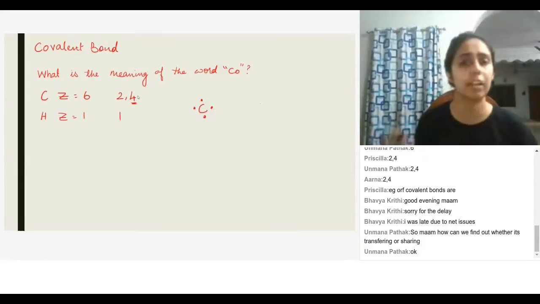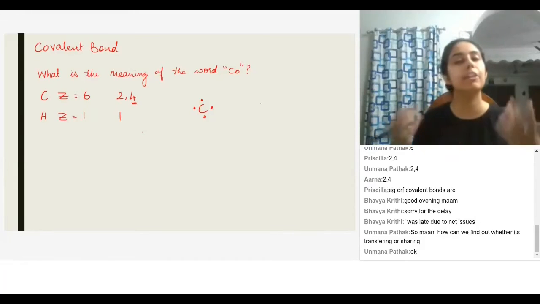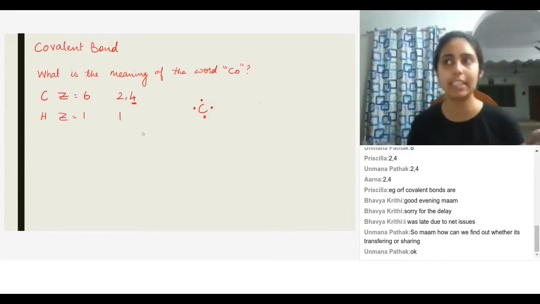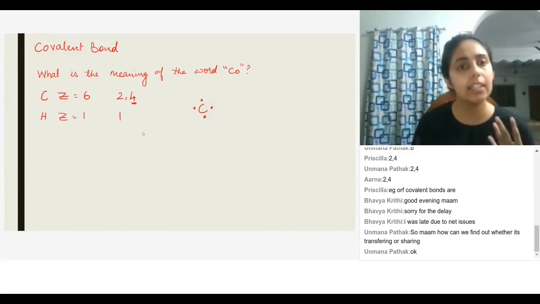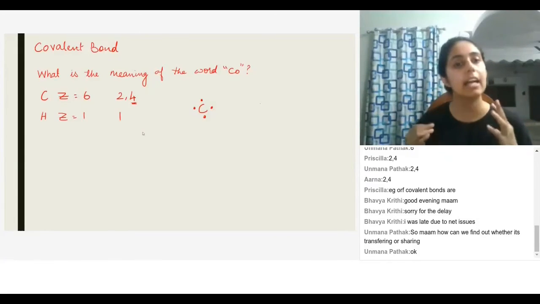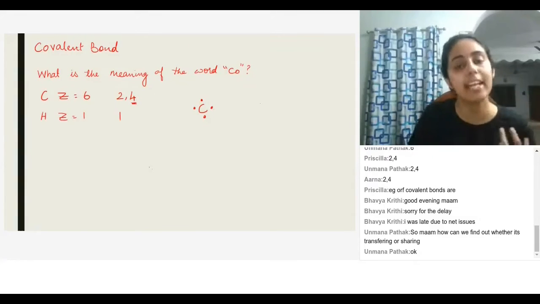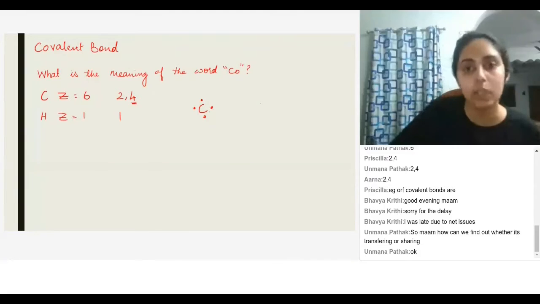It's going to be a difficult find, because getting or giving 4 electrons is more difficult than getting or giving 3 electrons, in the case of maybe aluminum, right? But here what is happening is carbon is satisfying its octet configuration by sharing electrons. How does that happen? Let's take a look.